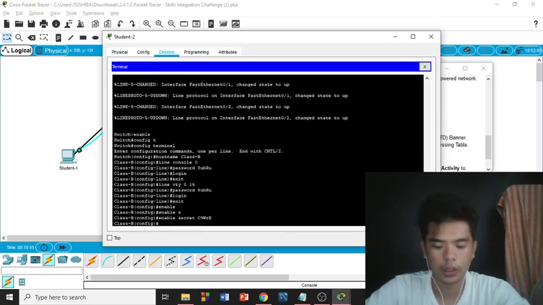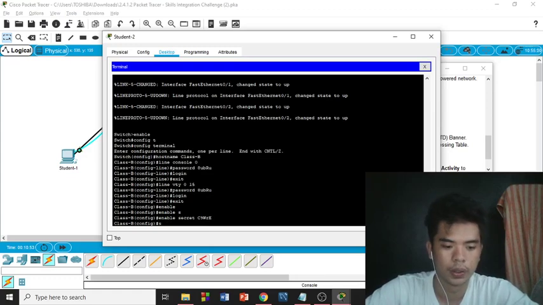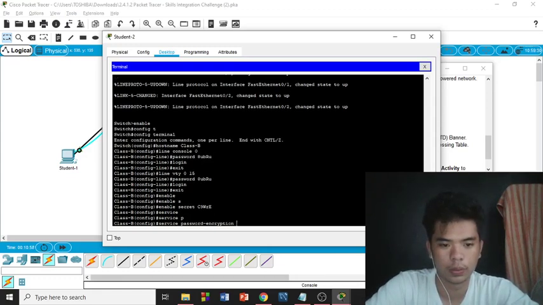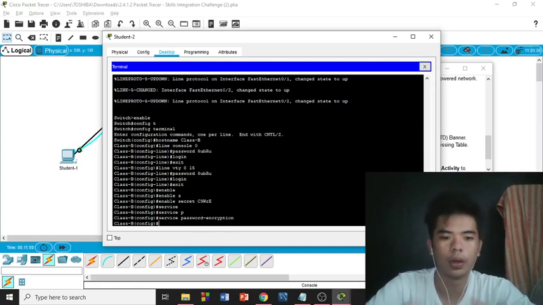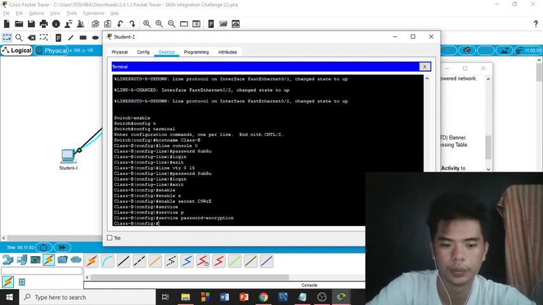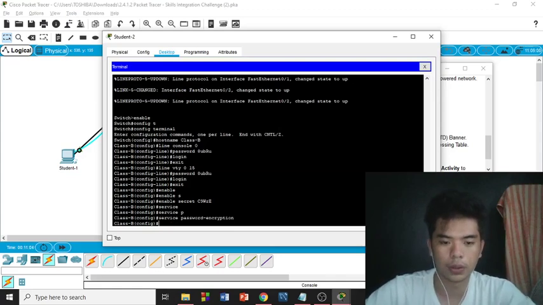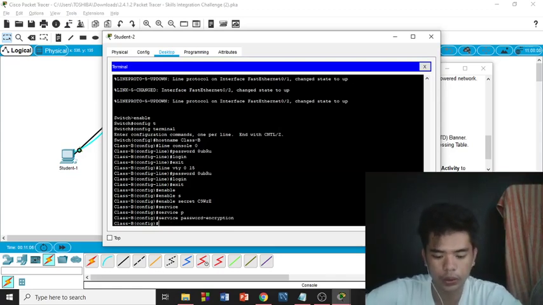So we're going to encrypt the password. So we type service password encryption to encrypt all of our passwords. So after we encrypt all our passwords,